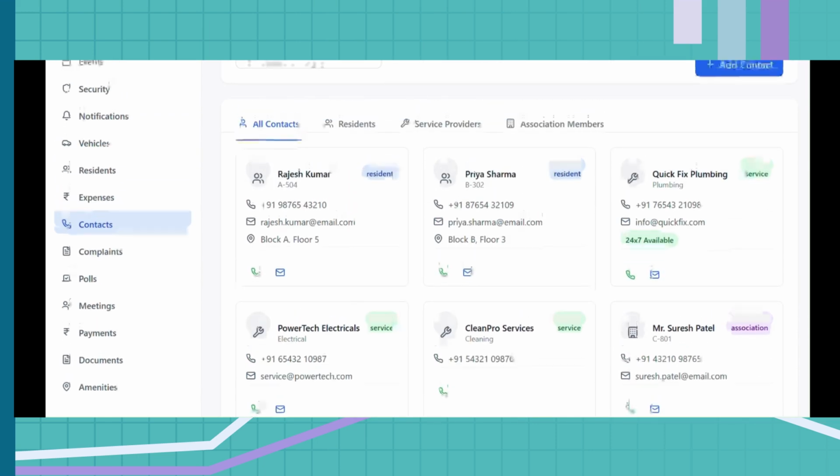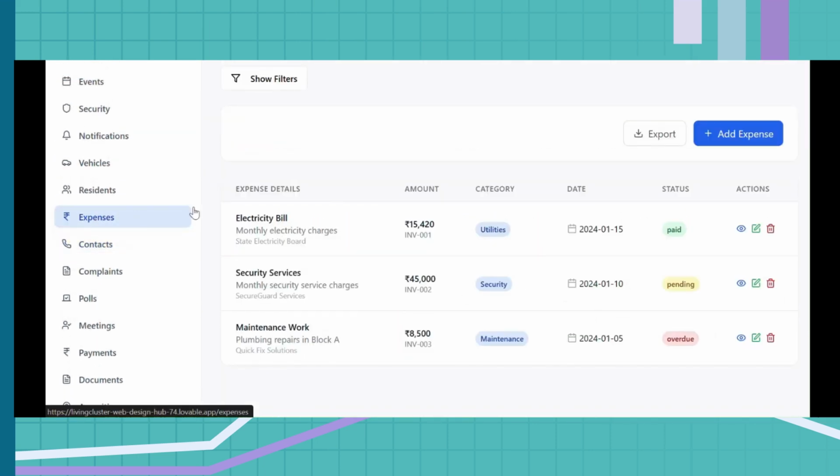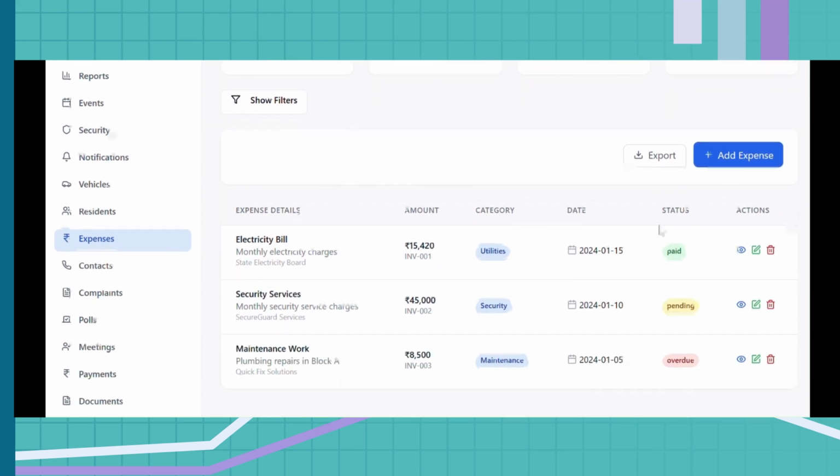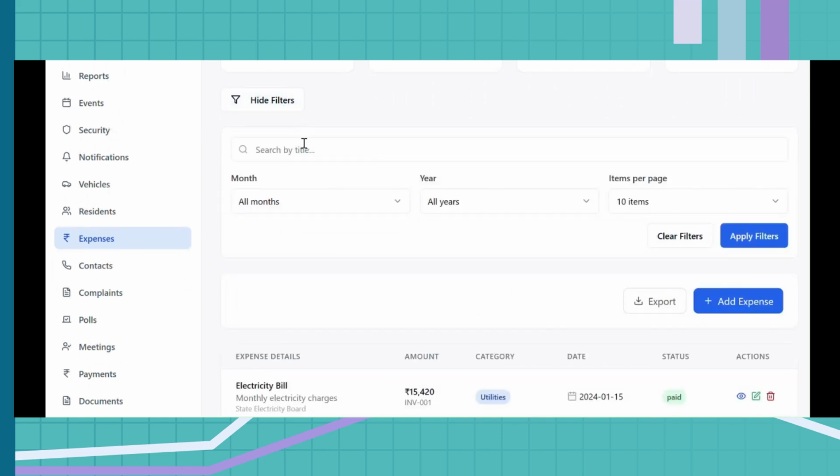You can view residents' details, service providers and association members, and add, update and delete. Society common bills like electricity, water meters, maintenance works expenses can view and export in Excel.